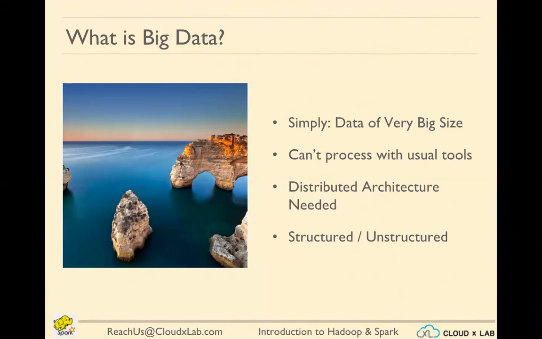So the data could be in any form. It could be of structured or unstructured format. Irrespective of the format of the data, if for our need we need many computers instead of only one to get the output in a reasonable amount of time, then we call that big data. Big data means the problem is so big that you cannot solve it using one computer, and hence you need